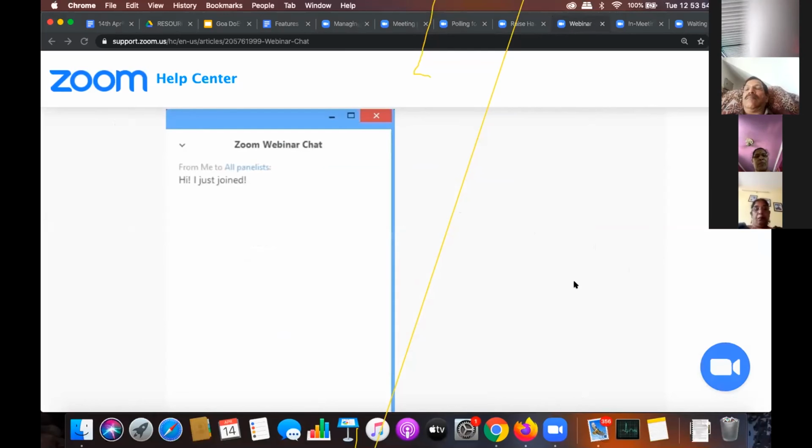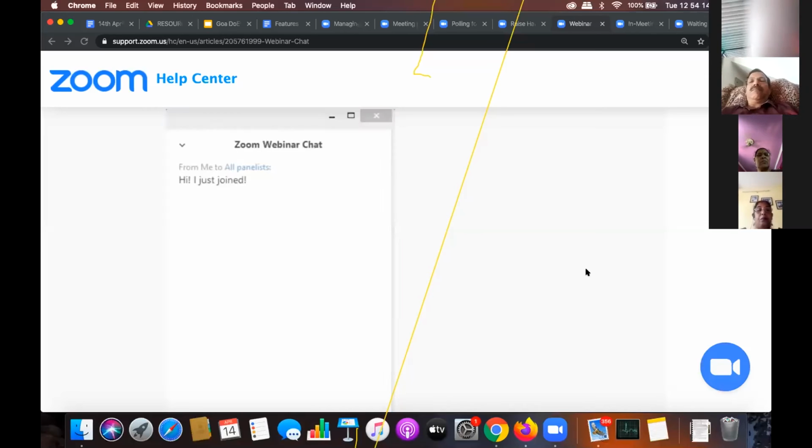Can you see these options? And there are many other participants here, correct? So either you can send it to one participant, which shows as privately, or you can send it to everyone in the meeting.